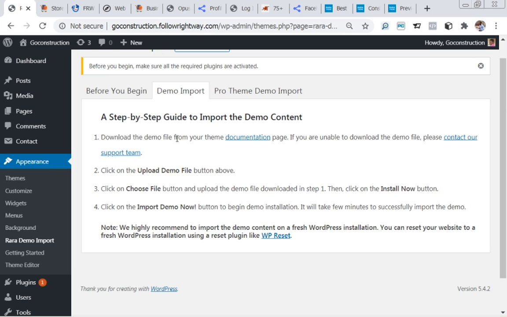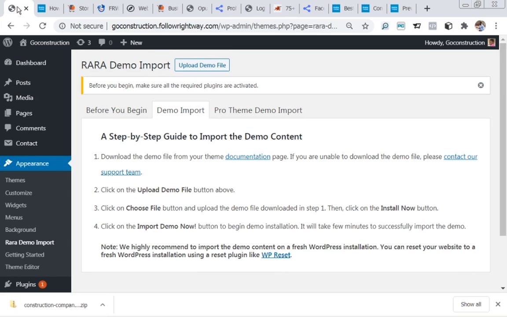Download the demo file from the theme documentation page. If you're unable to download this demo file, please contact us. Click on the upload demo files button. So we have to download the demo document. To download this, you have to go to the documentation page. So by clicking here,